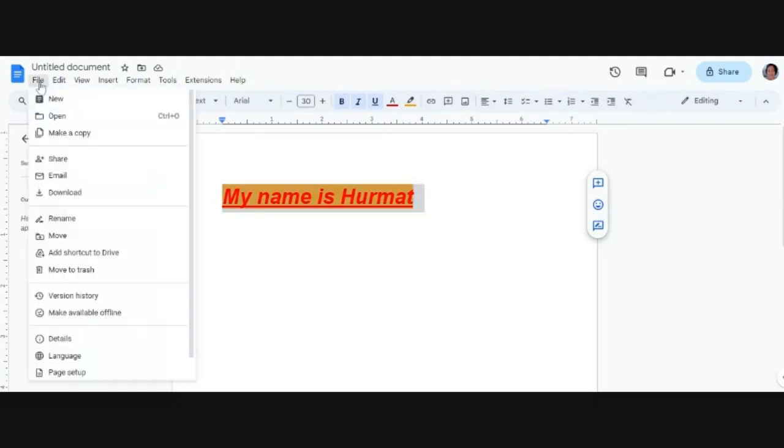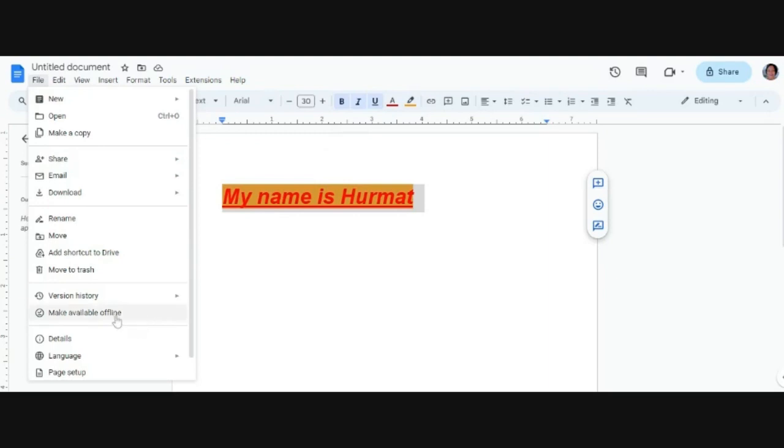If you want to add another document, you can come here. You add a new one from here, or you can make a copy of this. After you have written your letter or whatever, you can share it with people. Any person that you want to share it with, you can do so.